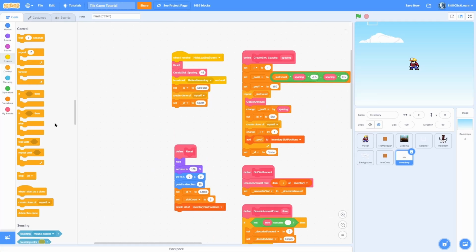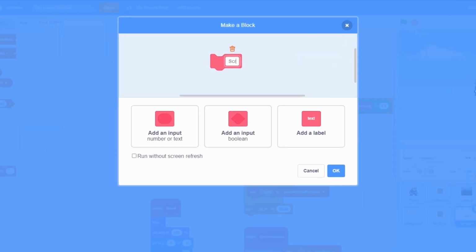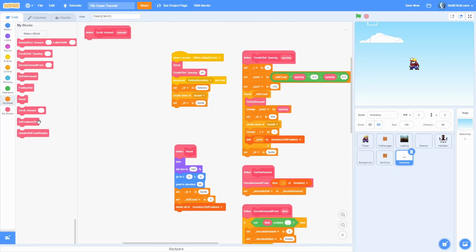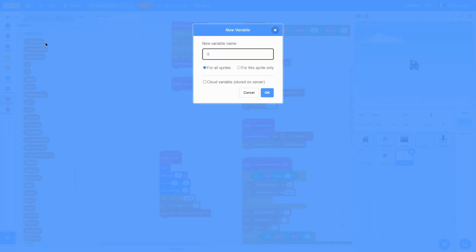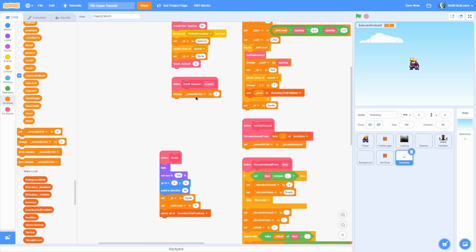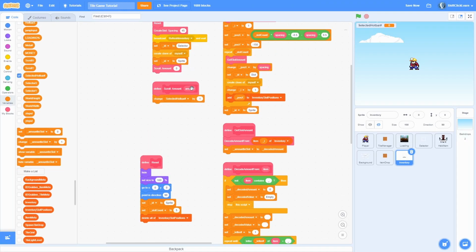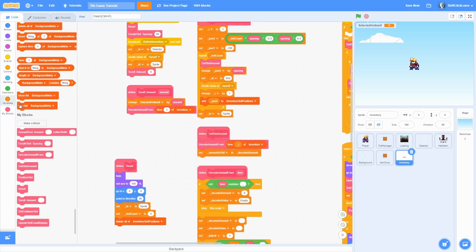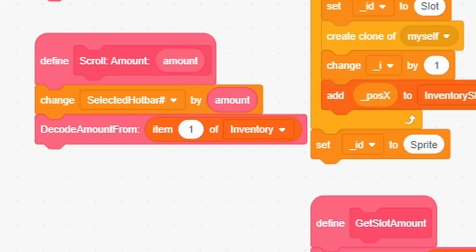Now let's make a custom block for scrolling called scroll with a colon, then amount like so, and click add an input amount, and then click OK. Now in the very beginning, let's scroll amount 0. Now let's make a variable called selected hotbar number for all sprites and change that selected hotbar number by the amount. Then we want to decode amount from item 1 of inventory